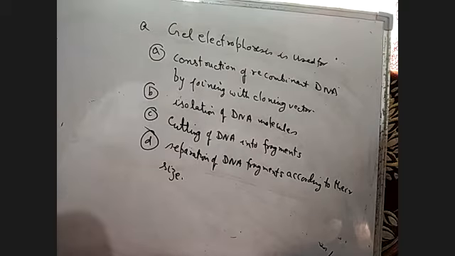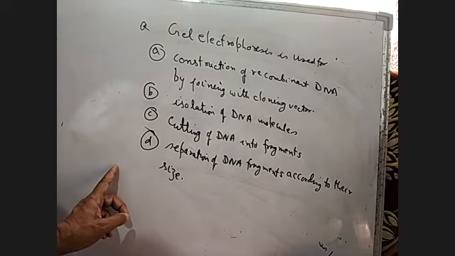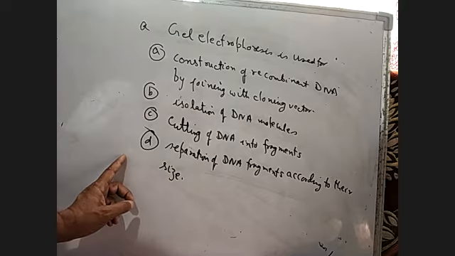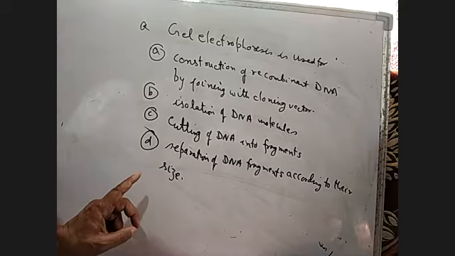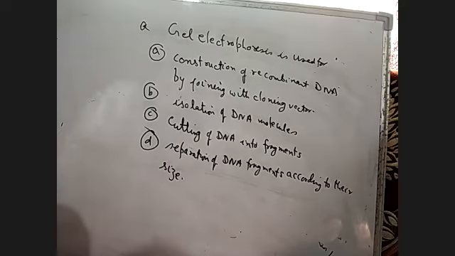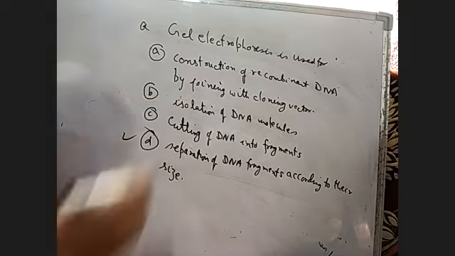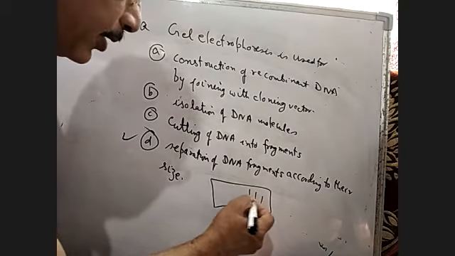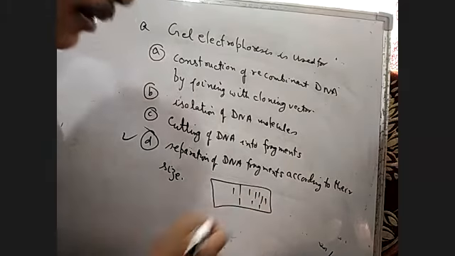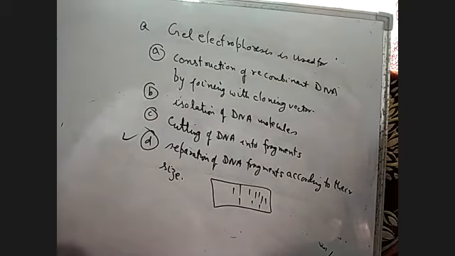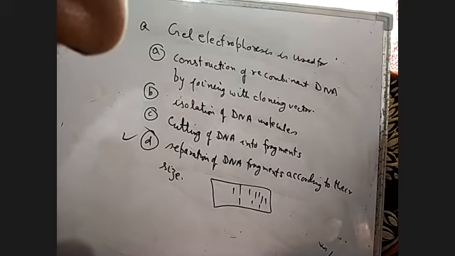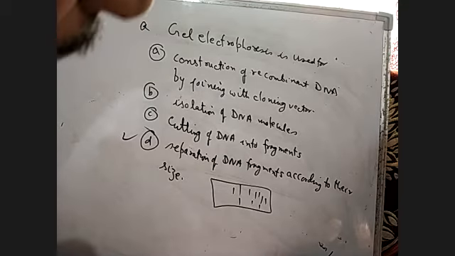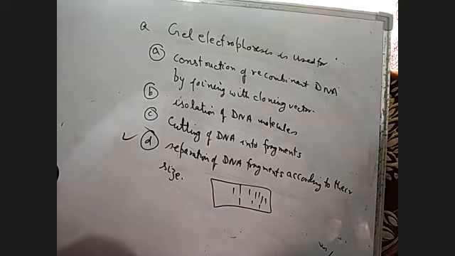Because gel electrophoresis involves the movement of fragments or molecules from a well created on one edge of the gel. The smaller fragments move faster and the larger ones move later. The DNA is negative, so it is attracted towards the anode, or positive electrode, as we have done. So they are separated according to their size.